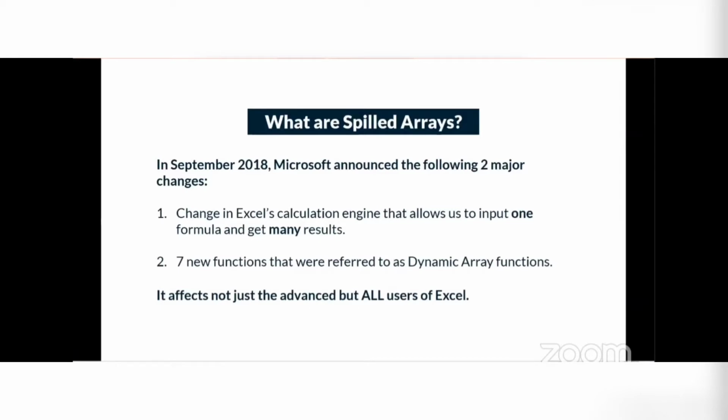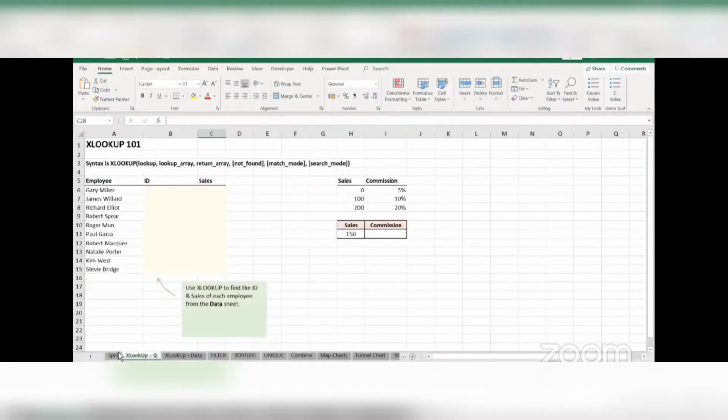All right. So let's go back to our worksheet. Here we have the new XLOOKUP formula. And I would say this is one of the most requested formulas when it came to the request list, when it came to Excel, right? So XLOOKUP is basically an upgrade over your traditional VLOOKUP and HLOOKUP formula. All right. This is an upgrade over VLOOKUP and HLOOKUP. Once you learn how to use XLOOKUP, you will not require VLOOKUP and HLOOKUP.